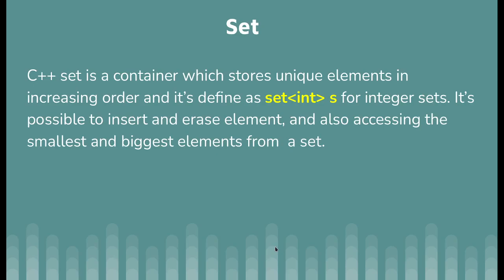Also you can define sets of ints, strings, any type which is comparable. So if you want to create a set of a custom struct, you can do it, but you need to define the comparator. But for basic types like int, string, you don't need to do anything. You just put elements in the set, and you can erase them or access them maybe.